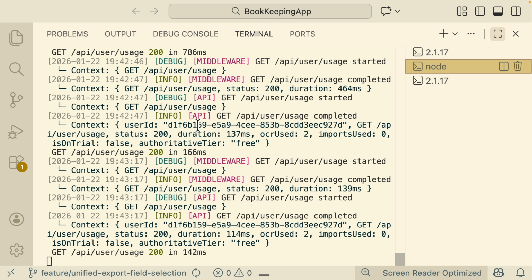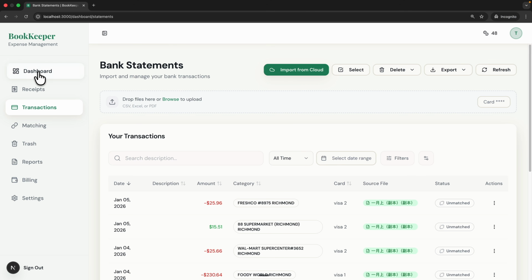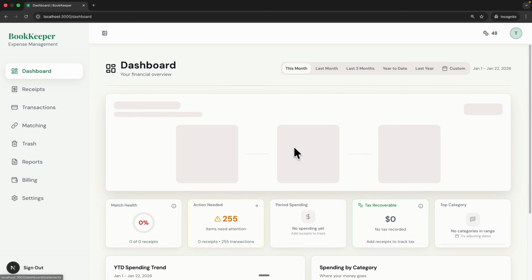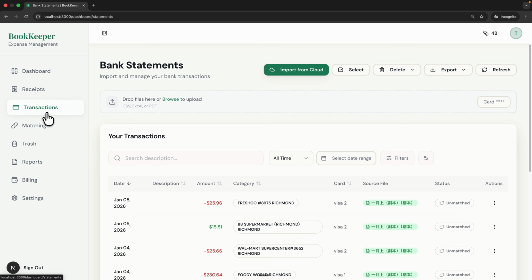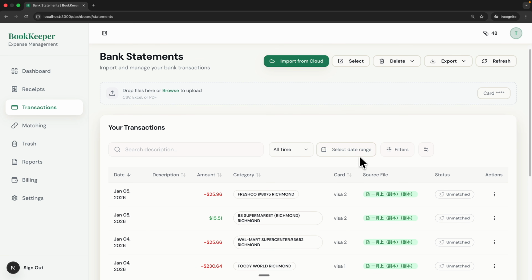So I have started a terminal session for the application, and this is what the application looks like. So you can see we have our dashboard, right? Basically this is the dashboard view, and also we have our transaction. And what I noticed is that there's a bug: currently, for the